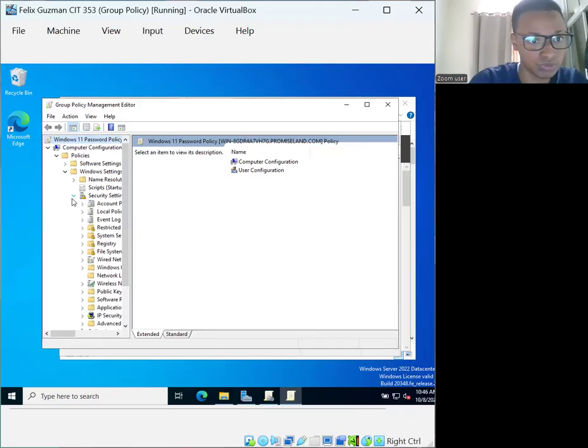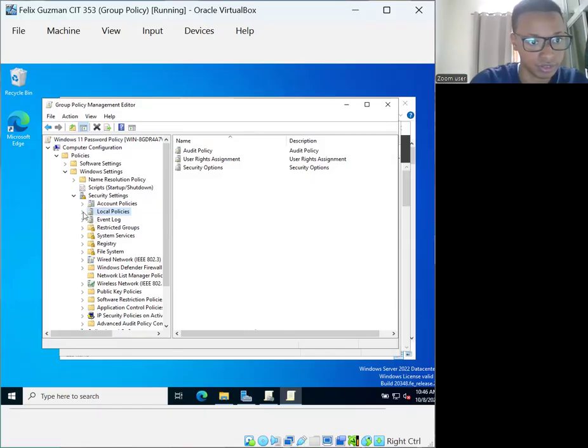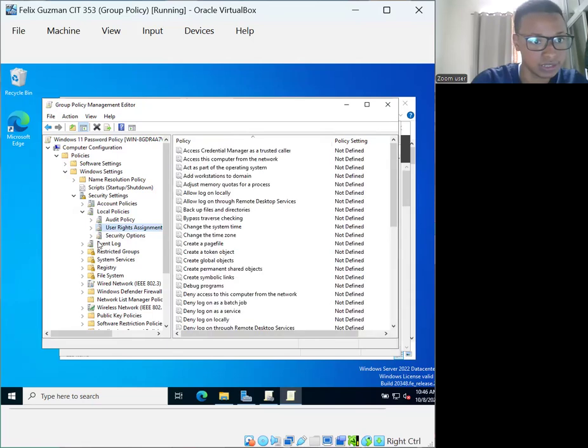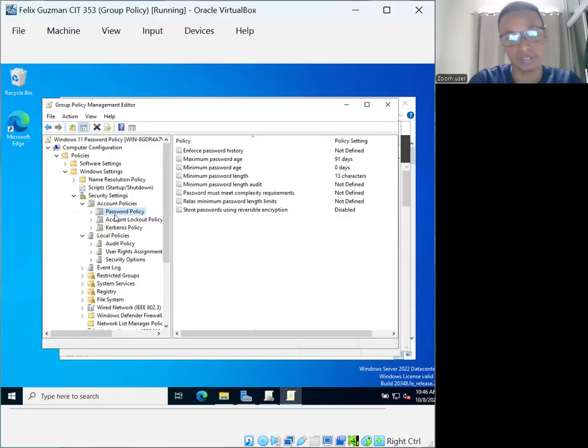Then I will move this out a little bit to the right side. And over here, as you can see, I have local policies, audit policy, user rights assignments, as well as the current policies with the password policy that I have defined